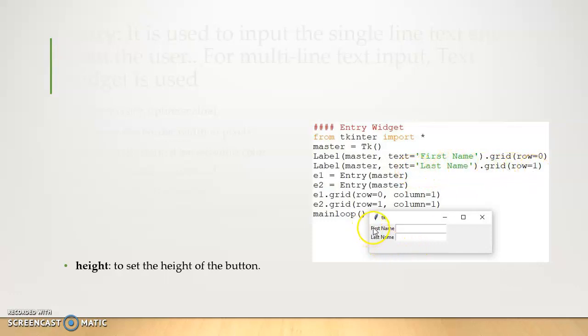So you can see that this is row 0, this is row 1. Then we have taken two variables, e1 and e2. e1 is equal to Entry(master), so in the Entry the user needs to write whatever value they want to enter, and then e2, and we have attached them with grid.